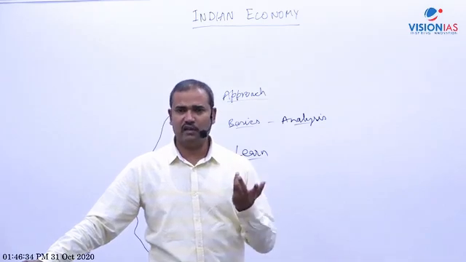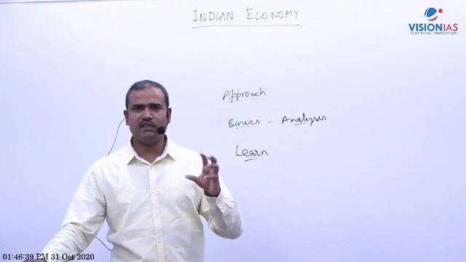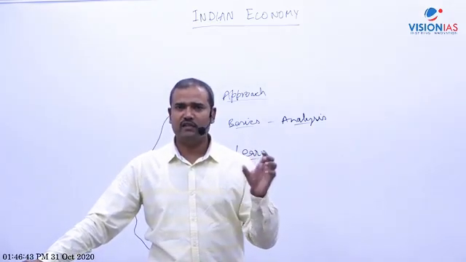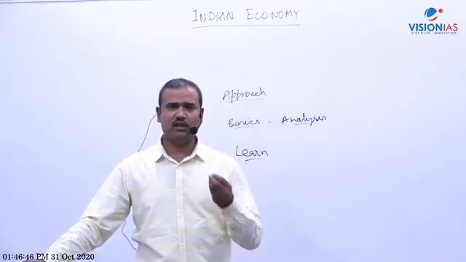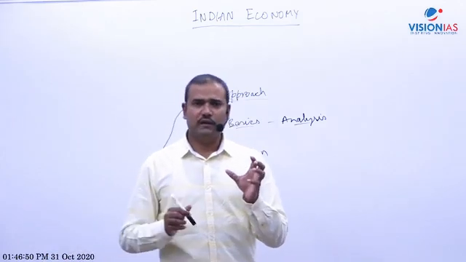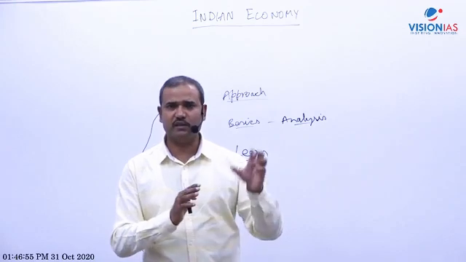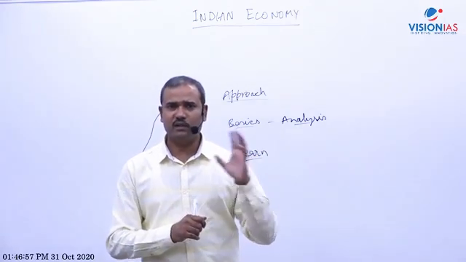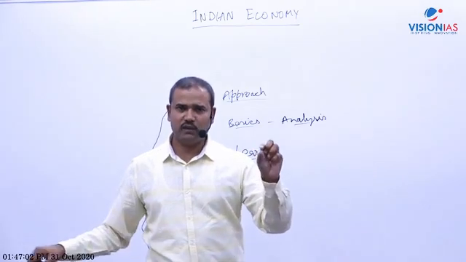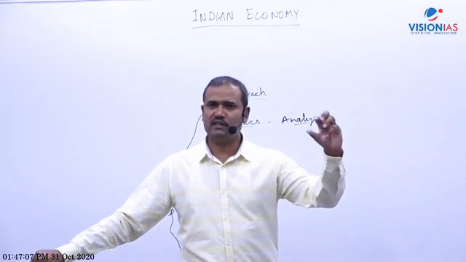For example, take any concept, maybe CRR, cash reserve ratio. This is a term used in banking. So what is cash reserve ratio? I think some of you may have an idea, but not most of you. When you deposit money in a bank, the bank has to keep a certain percentage of it with RBI. Right now CRR is 3%. So if you deposit 100 rupees in your bank account, your bank has to keep 3 rupees, which is 3% of 100 rupees, with RBI in cash. That is cash reserve ratio.